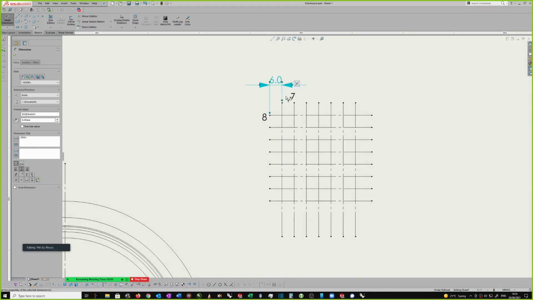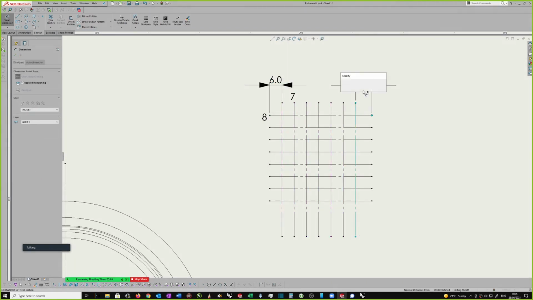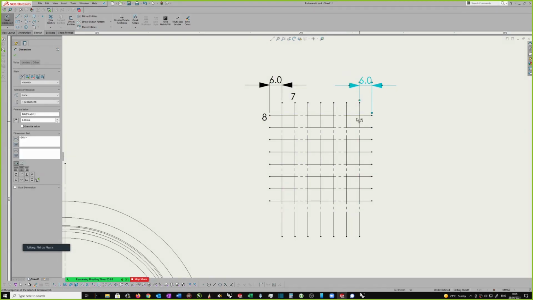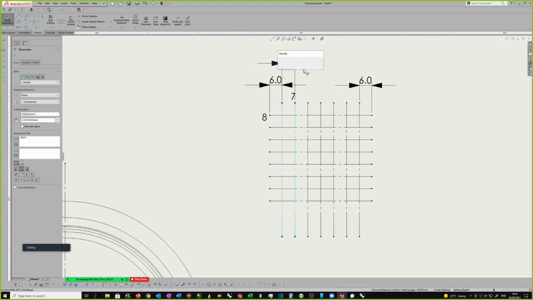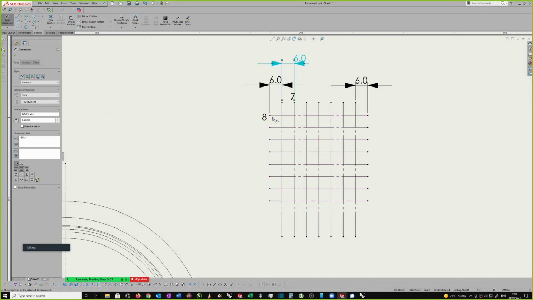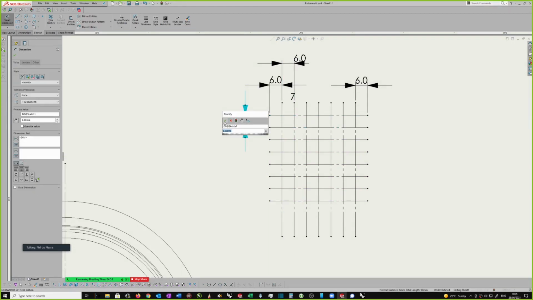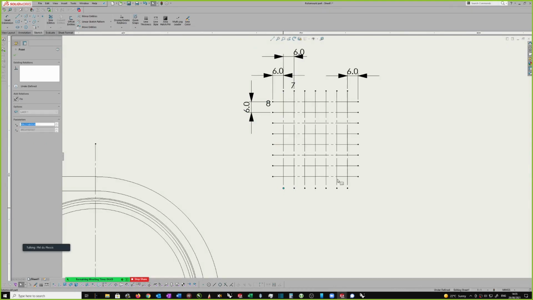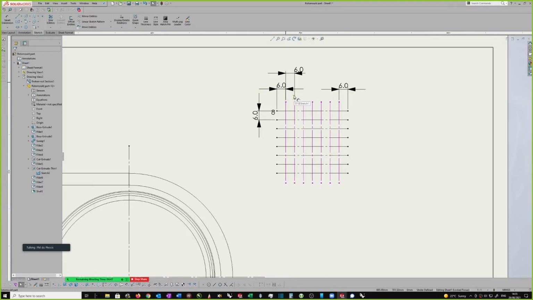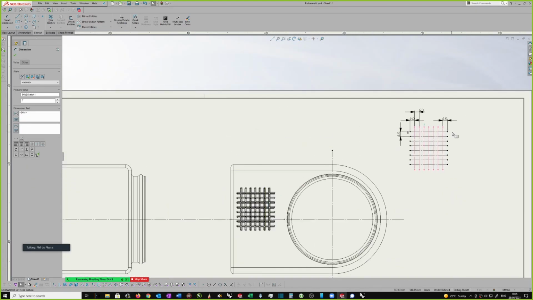Okay, so that's going to be 6. Spacing is 6. Okay, so these are too long. I'm not going to worry too much about it. So that's basically the pattern. That's all you need. And then you can just create a note from here to there to say, look at